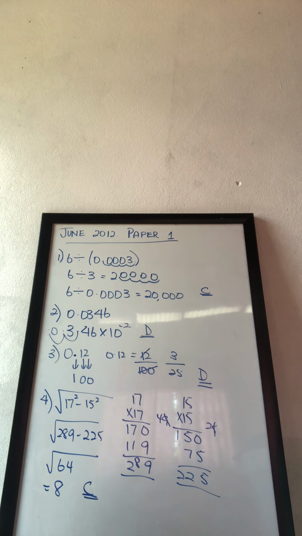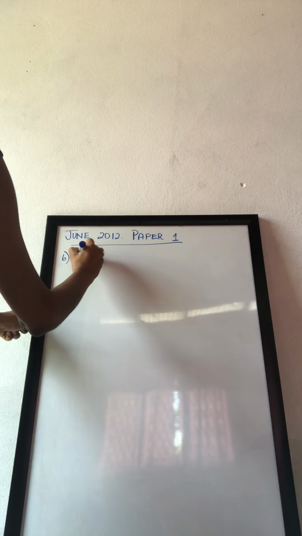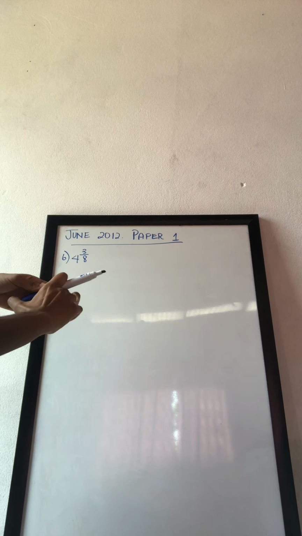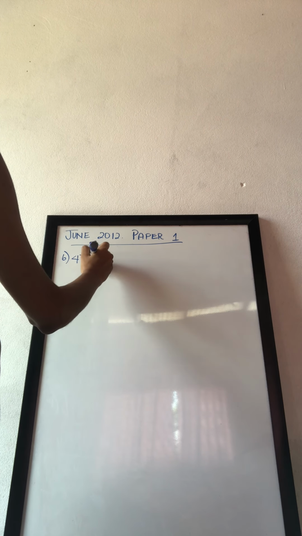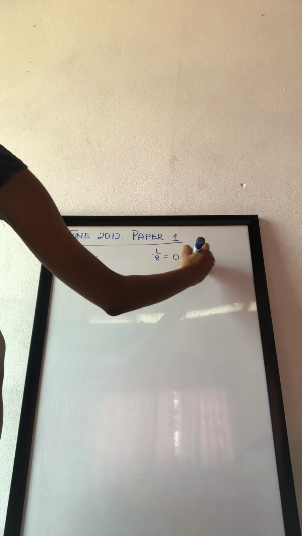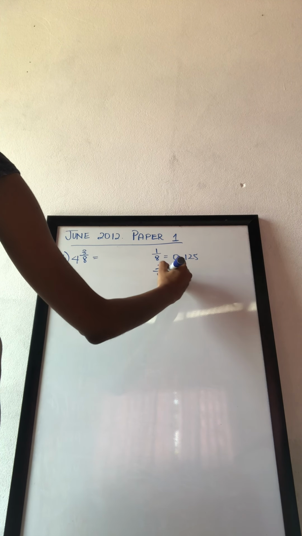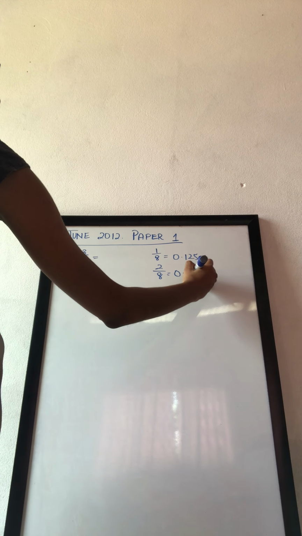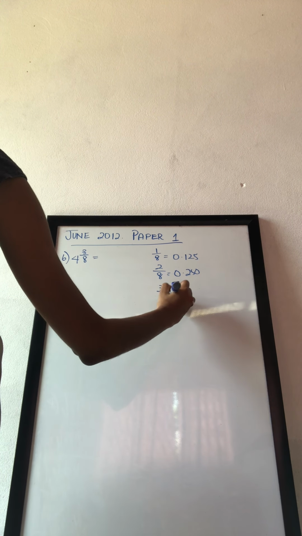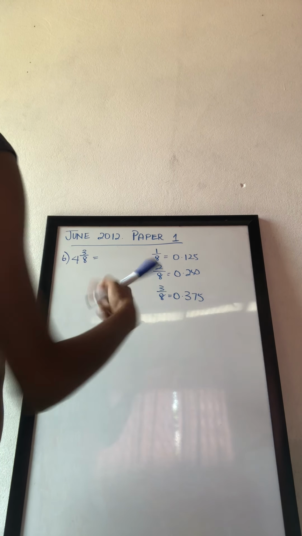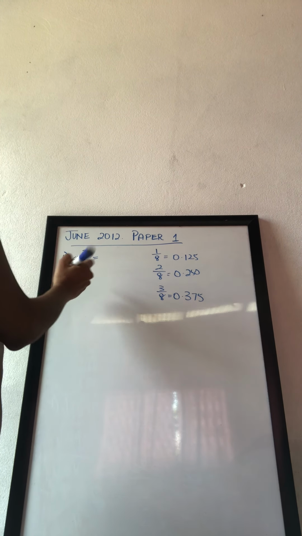Okay, so we're on to number 6. We want to express 4 and 3/8 as a decimal correct to 3 significant figures. Now we know that 1/8 is 0.125. 2/8 is the same thing as saying 0.125 by 2, which is 0.250. 3/8 would be 0.125 by 3, which is 0.375, and so on. So 4 and 3/8 would be